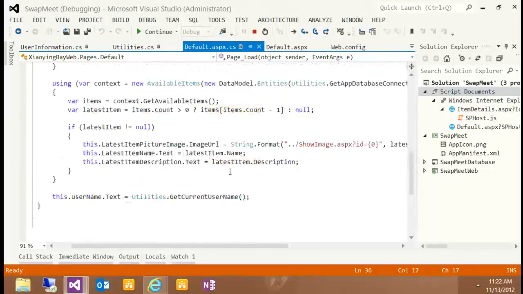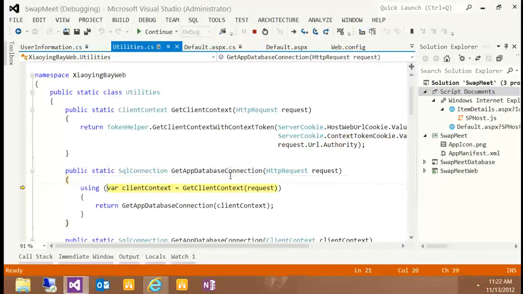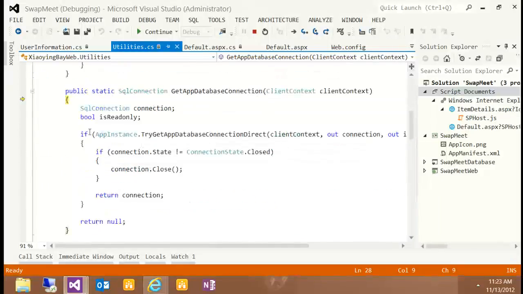Last thing I want to show you here is we're going to get that database connection. Of course, because these guys are on our team, they use the appropriate method. And so you'll see that they are using right here, this is that method I talked about. You do app instance, try get app database connection direct. I didn't make that up, that was SharePoint. They like long names, but that's cool. That's best practices. So when you use this magic method or this helper method, it's going to get that active connection string and actually open up a connection for you. So this is the way you want to do it to take care of the debug versus runtime